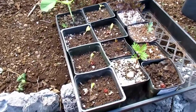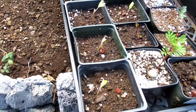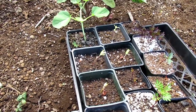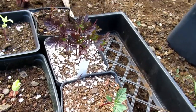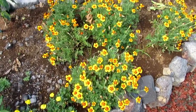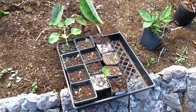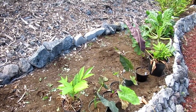Intermixing this, I've got 5 very sad little looking zinnias. Once these go in the ground, they will do just fine. And then a bunch of marigolds, and all of these marigolds are home seed seeds. And then finally, just for fun, this is a cantaloupe. And my hope is that the cantaloupe, the marigolds, and the zinnias, which are all annuals, will fill in the empty spaces aggressively while the